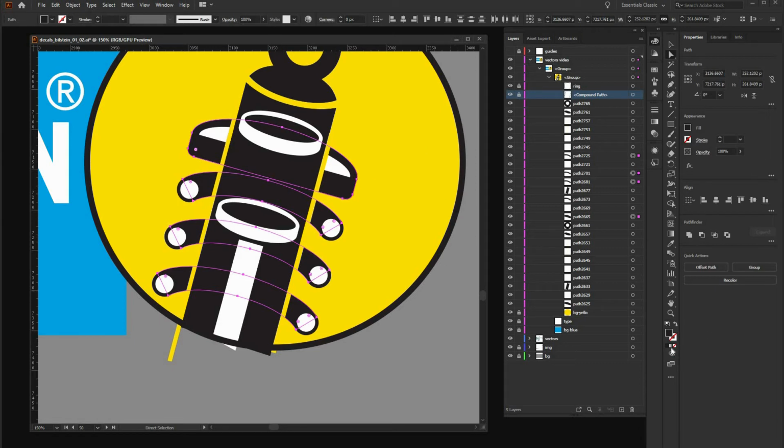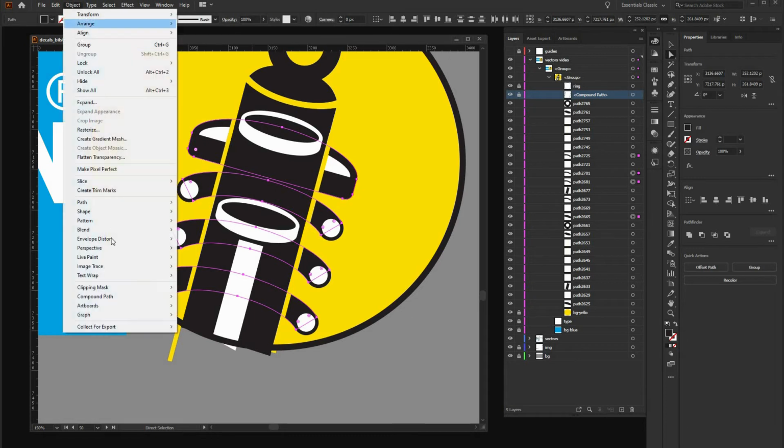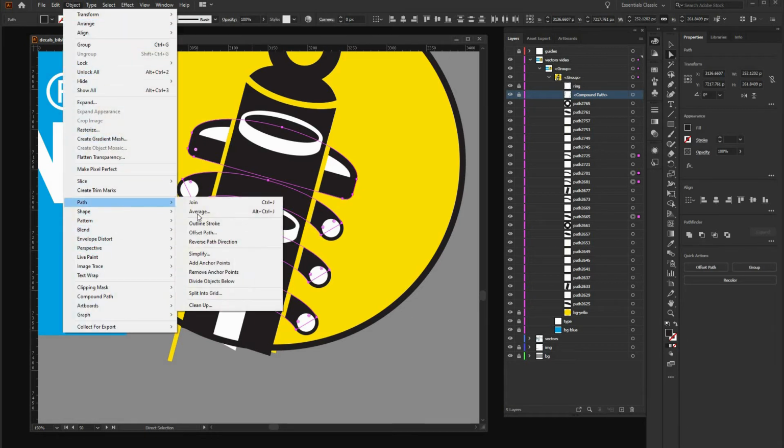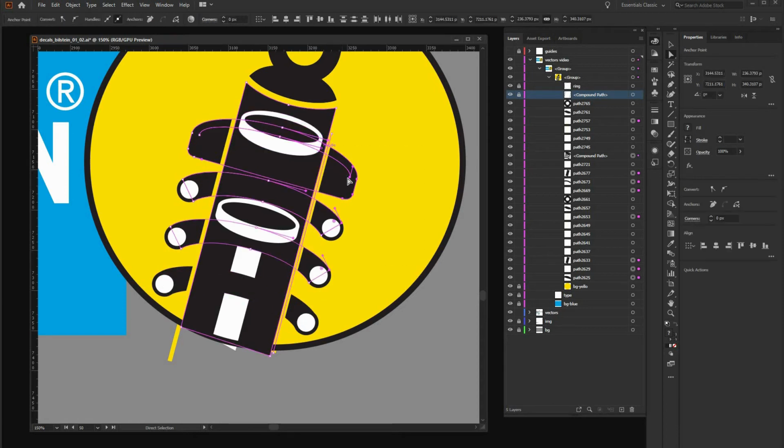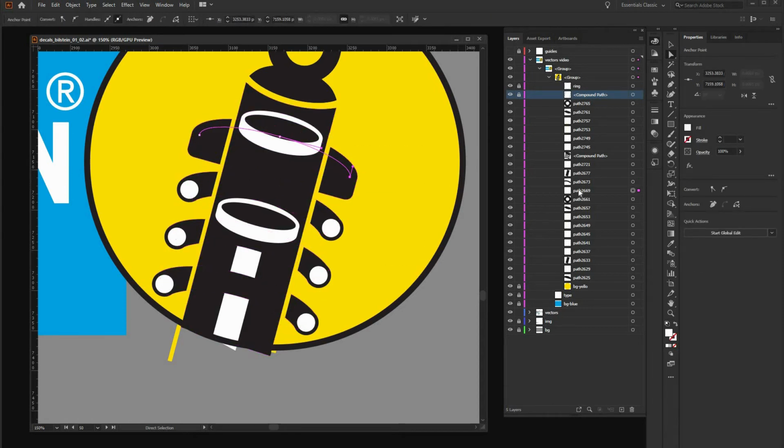As you can see, we have 3 more layers, or actually 4, which use the same properties. So it's these spring, or separated, cut-in-half spring, and the lid on top here, it's all in that black tone. We just do the same thing and make a compound path out of it. Okay, we already saw something disappearing, so there must be this white fill here which went to the background. So we bring it back,